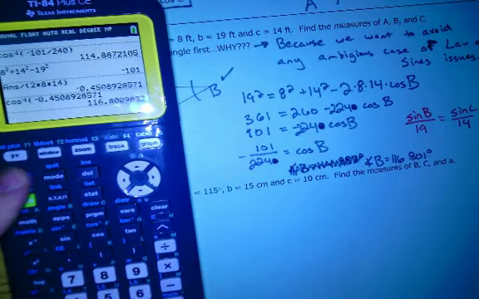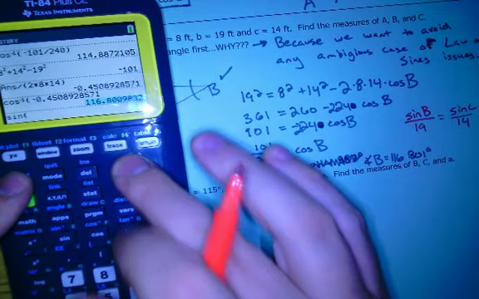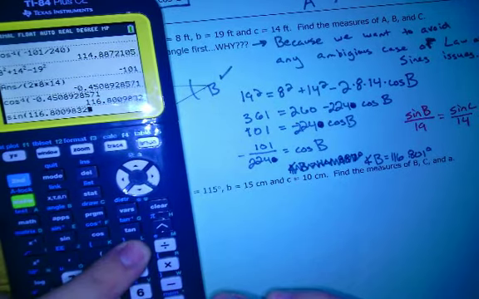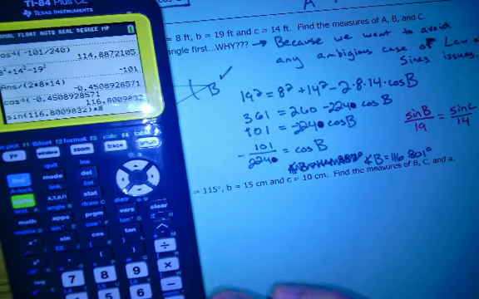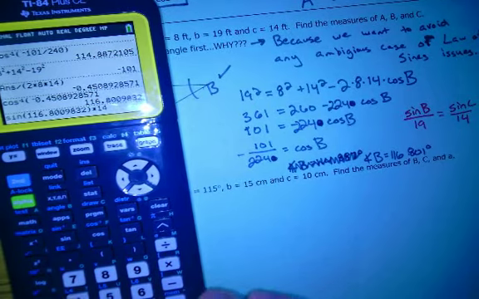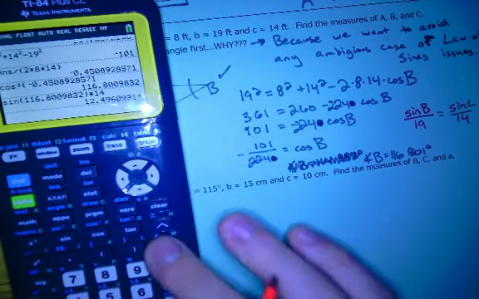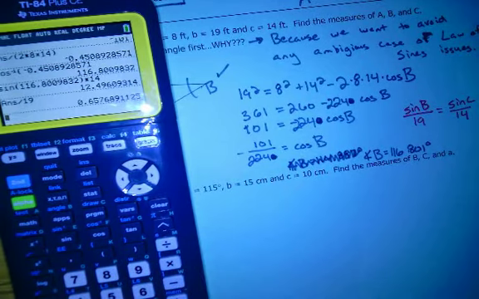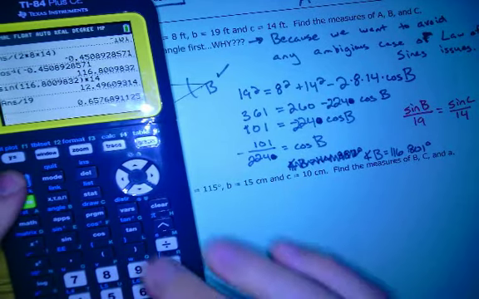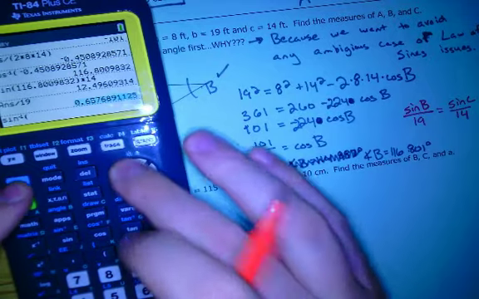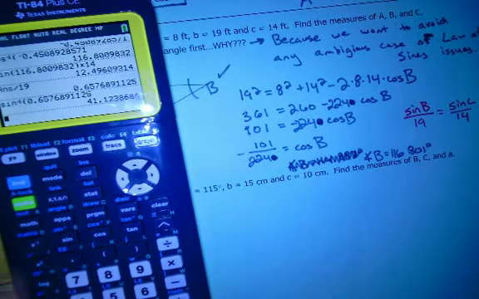So I'm going to do sine of this value right here, times 14, divided by 19. And then I'm going to do inverse sine of that to find my angle C, which is,